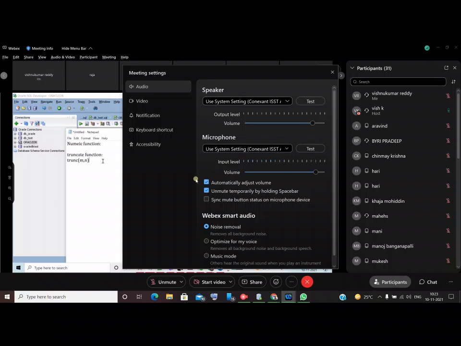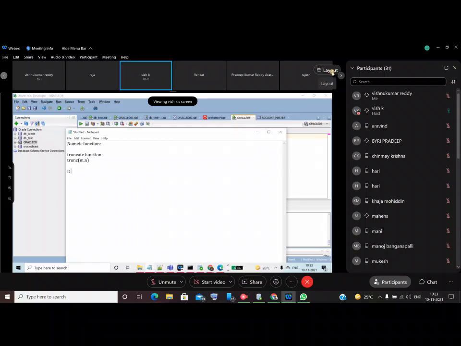So here TRUNC returns m truncated to n decimal places. Normally you have to write select trunc. Sometimes you will get some data, and they will ask you to truncate some values.